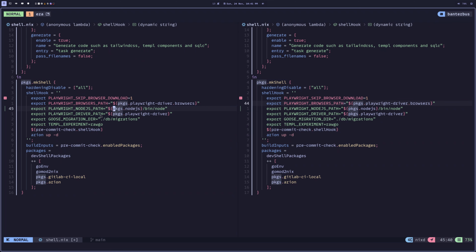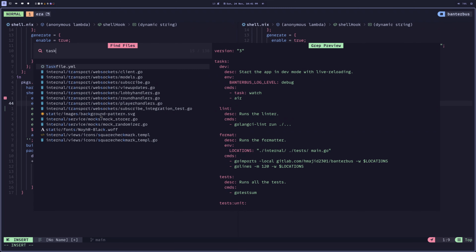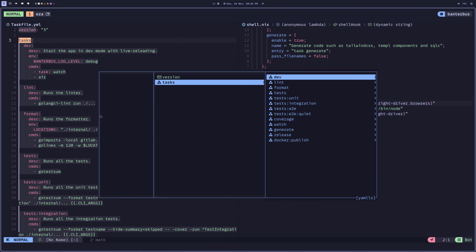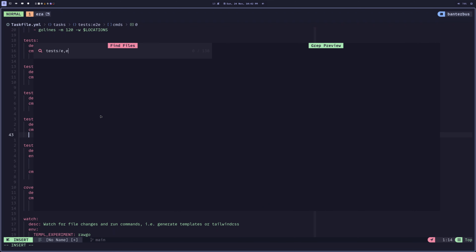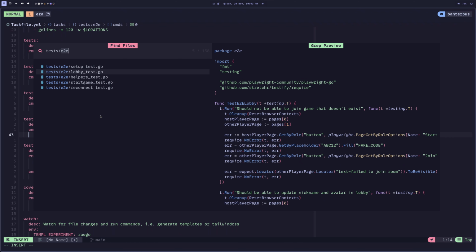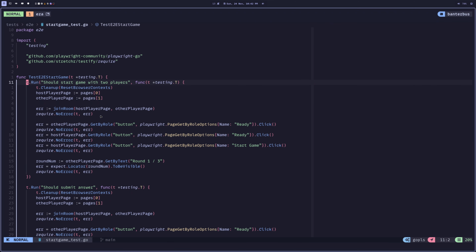So that's basically that. Let's take a look maybe quickly at my task file, and if we look at end-to-end tests, you can see I have this folder. I'm not really sure what the best way to do it in Go is, so I've just created a folder at the root level called tests/end-to-end, and we just run it like any other tests. And these are where the Playwright tests actually exist. So if we go to tests/end-to-end, and go to something like start game, I'll show you the setup for this in a little bit, but we can see we're using this Playwright community Go library that we're talking about, and as you can see, we are just telling